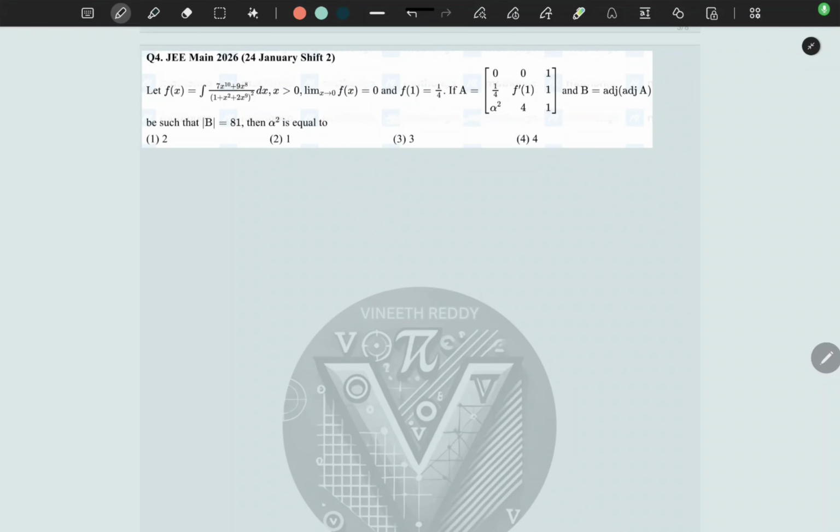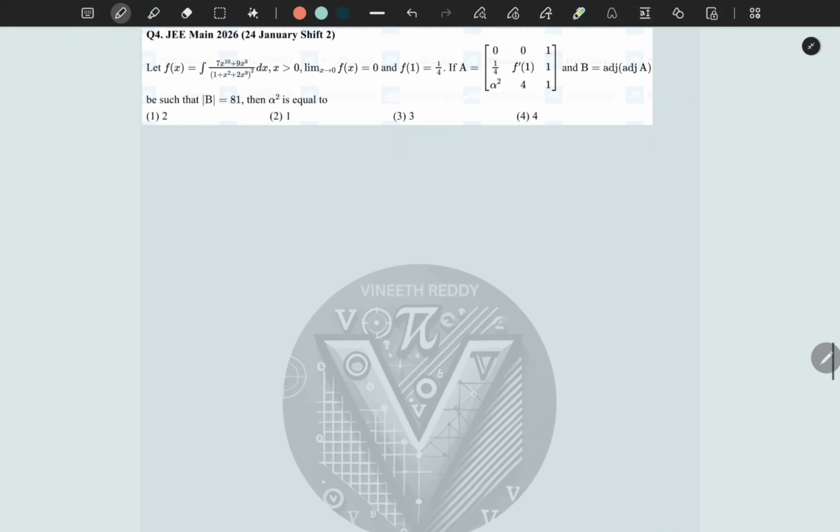Hello students, so we are continuing questions from the topic matrices and determinants. So the next question is f of x is equal to the integral of this, and the limit as x approaches 0 of f of x equals 0, and f of 1 is 1 by 4, and if A is this and B is adjoint of adjoint A, and such that determinant of A is 81, then alpha square equals to,